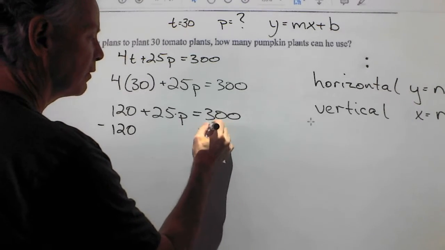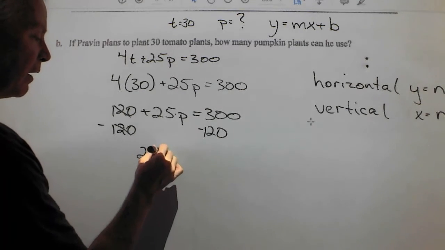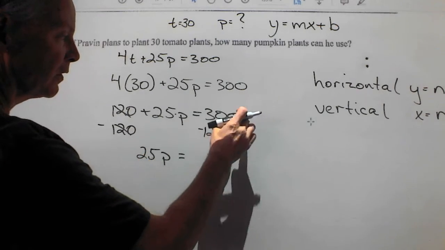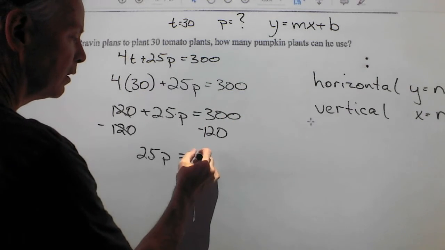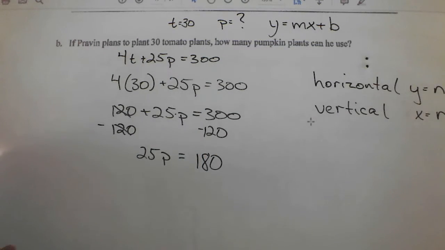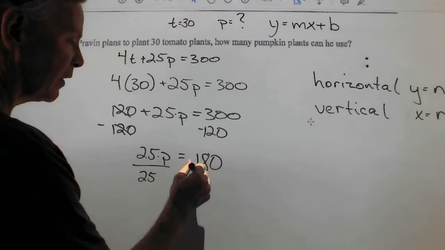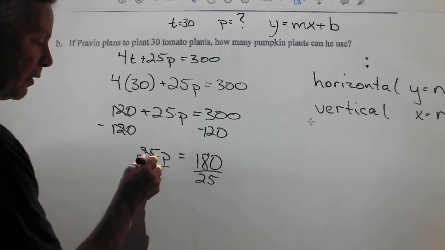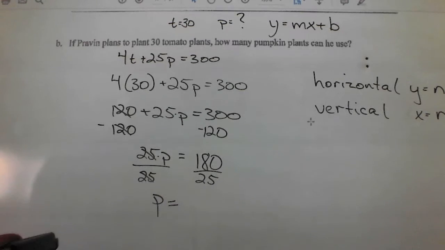subtraction. So we're going to subtract 120 from both sides. 120 minus 120 leaves us with 25P. On this side, 300 minus 120 will give us 180. Okay? To get rid of the 25, since it's multiplied, we need to divide both sides by 25. 25 divided by 25 leaves us with 1P, and 180 divided by 25 gives us something. What it gives us is